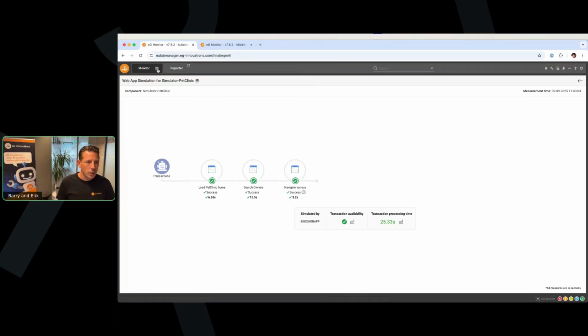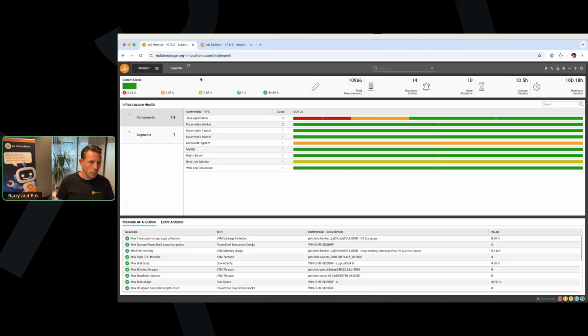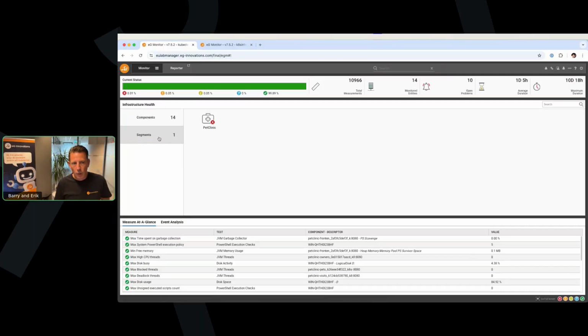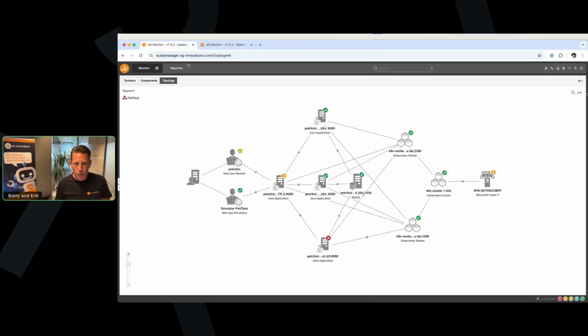So now that we have shown all of the functionality that we have in place for infrastructure monitoring, Kubernetes, but also the virtualization, network, and storage systems beneath it, included with the real user monitoring, the transaction monitoring, and the simulations, we can combine it into what we call an end-to-end topology.